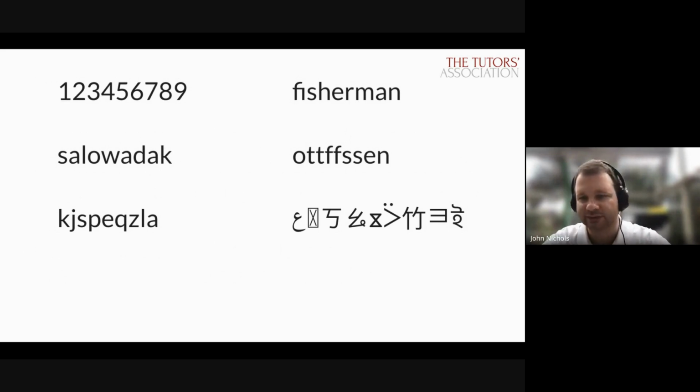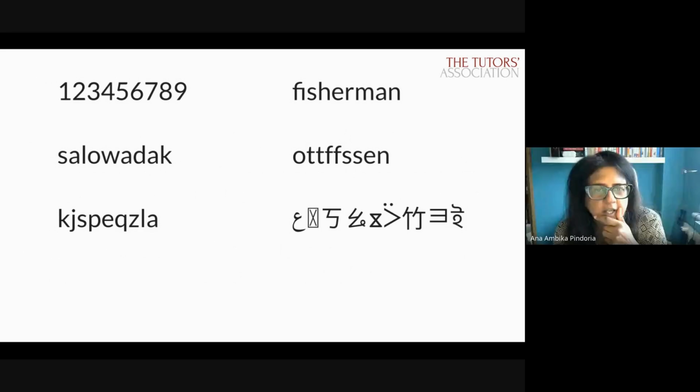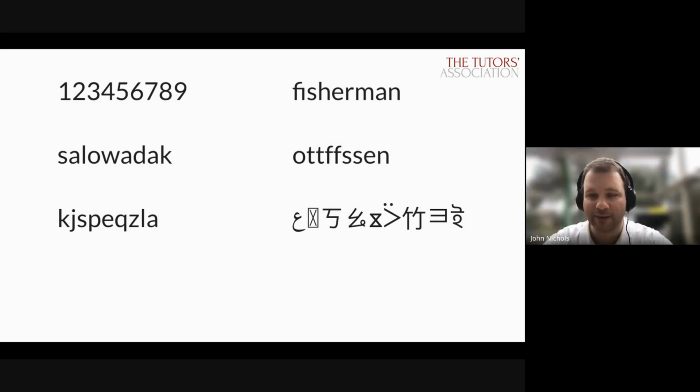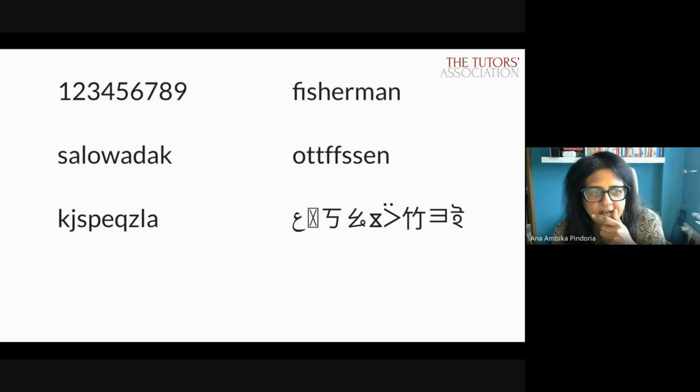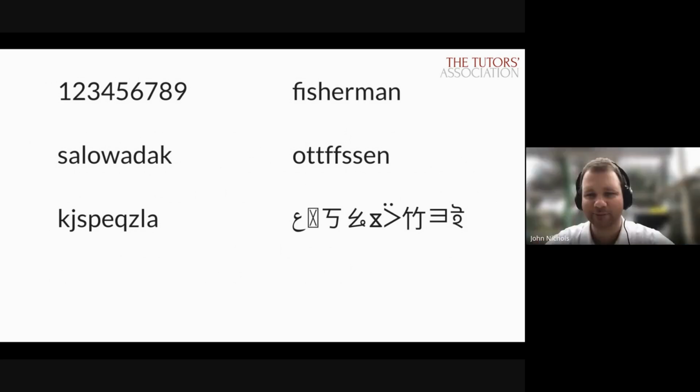Who got the third sequence? Yeah, the third one, not too bad. Most people can get that. Okay. What's the third sequence? Anyone tell me? Anna, you're on mute. Yeah, I got the OTTFFSSEN. Oh, you got that one? Yeah. But did you get the other one next to it? The KJ, I only managed to get 4 letters in that. The rest of it was hopeless. And the last one, just a few.